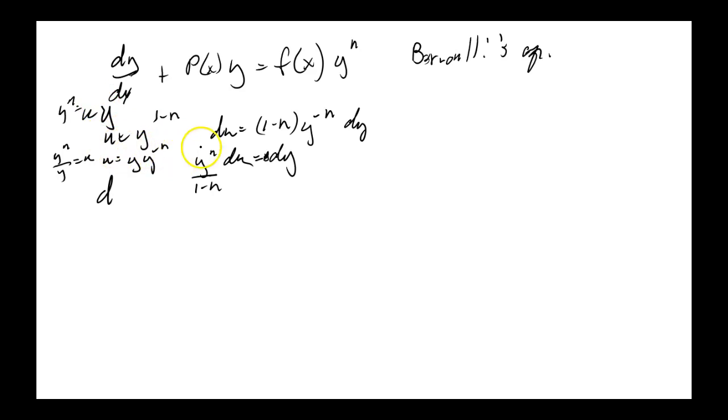Okay. What this leads to is 1 over 1 minus n, and y to the n is uy, so let's do the u du